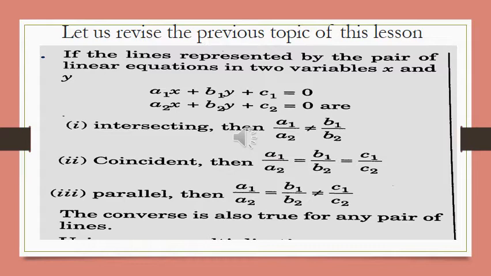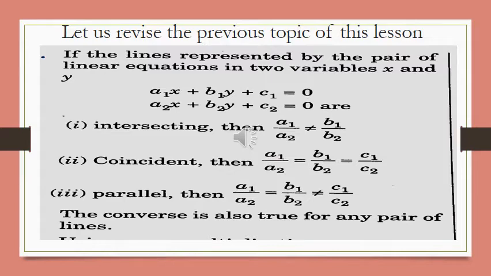Before starting the algebraic method of solving the pairs of linear equations, let's revise the previous topic of this lesson, because this topic is very important for you. When two lines are represented by two different linear equations, in general we write them as a1x plus b1y plus c1 equals 0 and a2x plus b2y plus c2 equals 0. Without plotting the lines, only by comparing the coefficients we can tell whether they are intersecting lines, coincident lines or